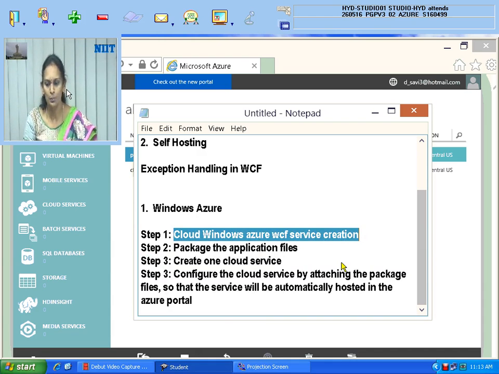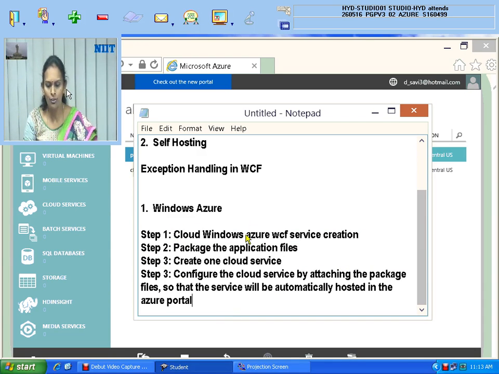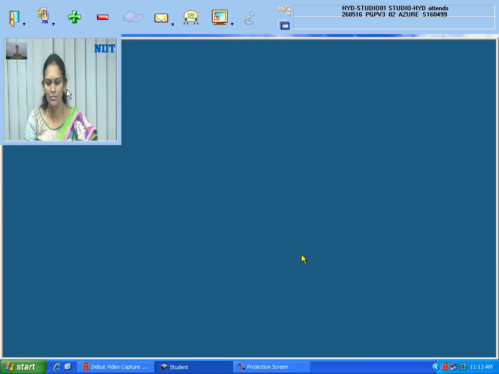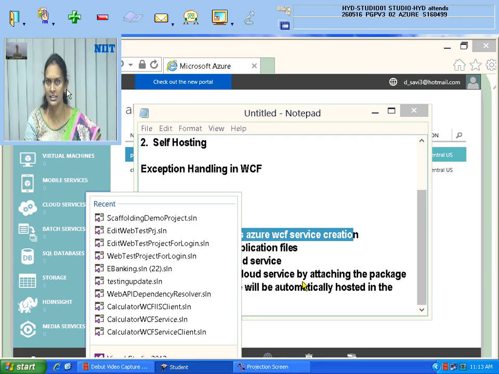Okay? So please see the steps now. How to create one WCF service that you targeted to host in the Azure. Okay? Such type of applications, if you want, you need to open Visual Studio with admin rights. The first work, I am opening the Visual Studio with admin rights.